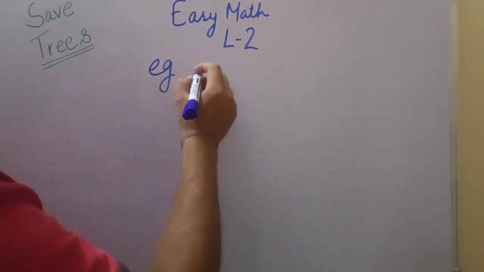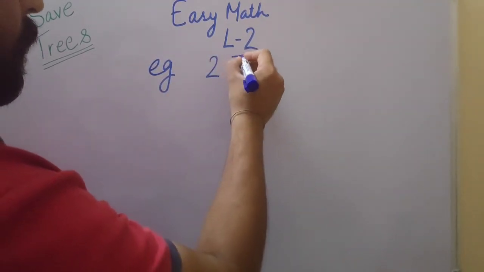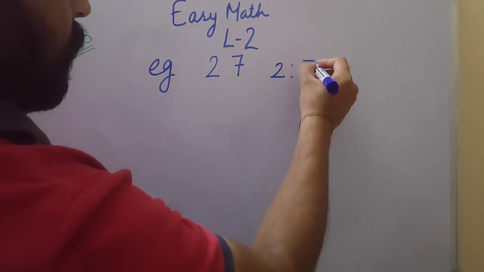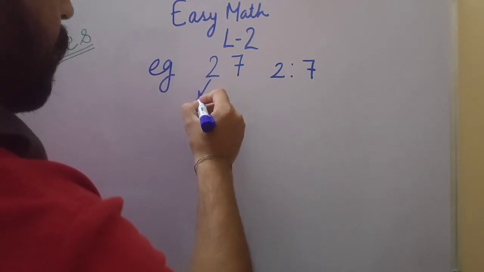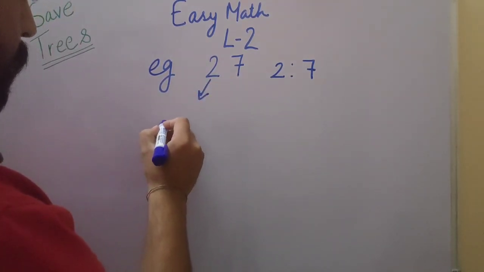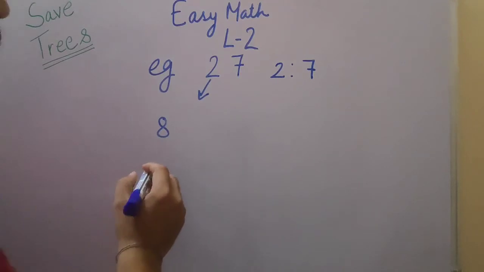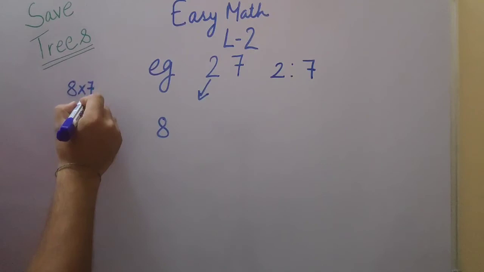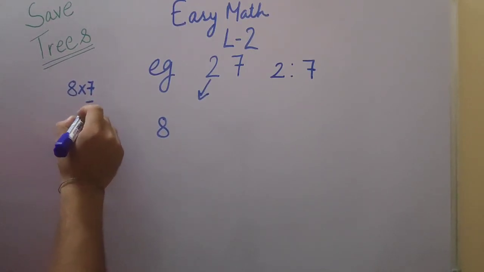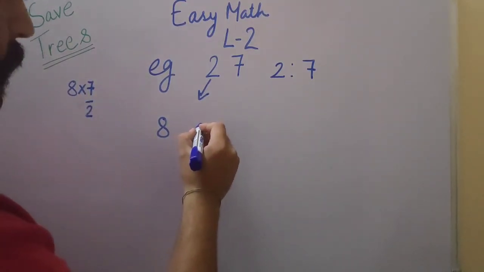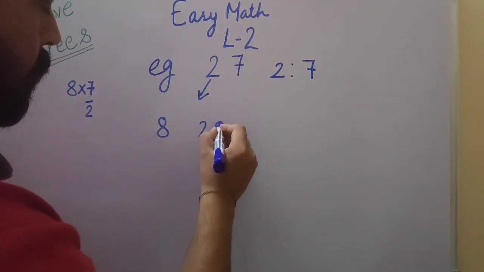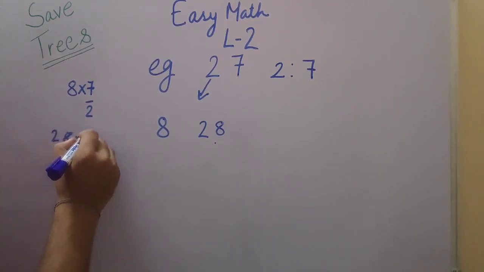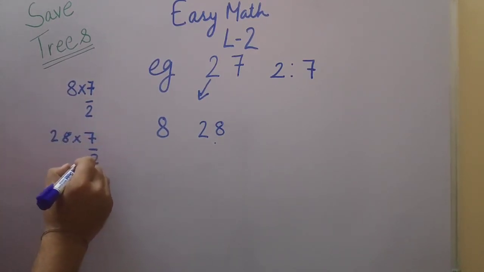Let's take another example, the number 27 here. Now it will become even more clear. They become 2 is to 7 in ratios. First we write the cube of 2, which is 8. Now we take that 8 and multiply it by these ratios, in which 7 is the numerator and 2 is the denominator. So it becomes 56 by 2, which is 28. We now take that 28 and again multiply it by 7 by 2.